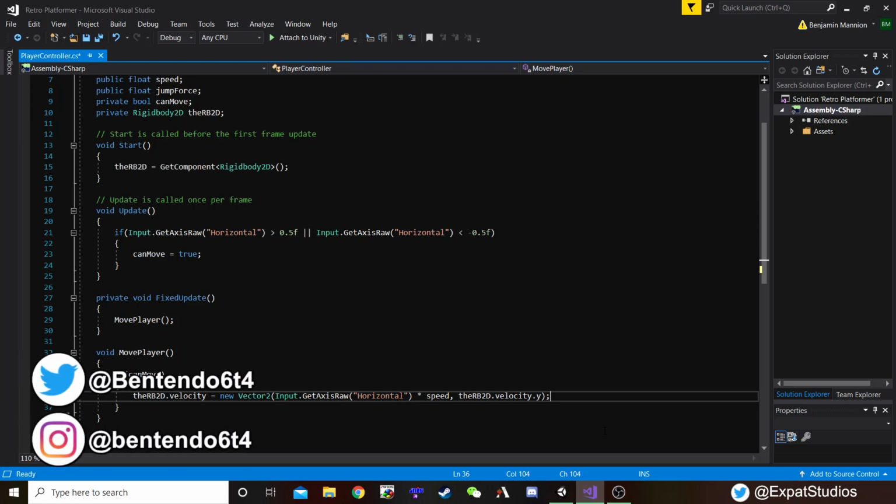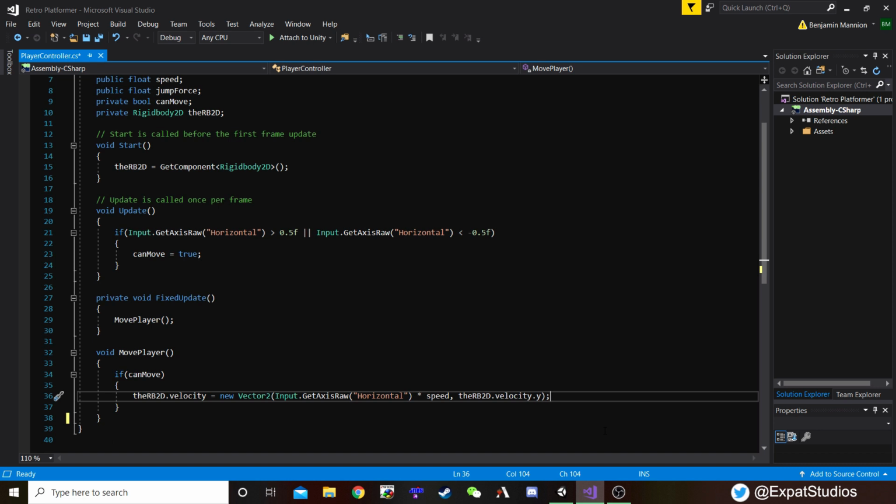Welcome back everybody to part 3 of our beginners tutorial series where we're going to learn how to make a 2D retro platformer in Unity. To pick up where we left off, we have written our code to make our character move, and we've done